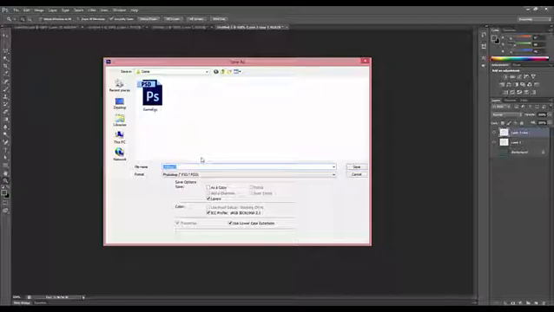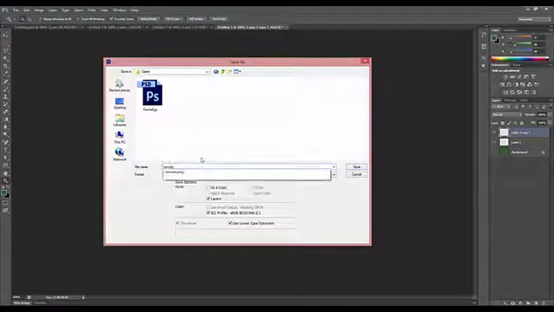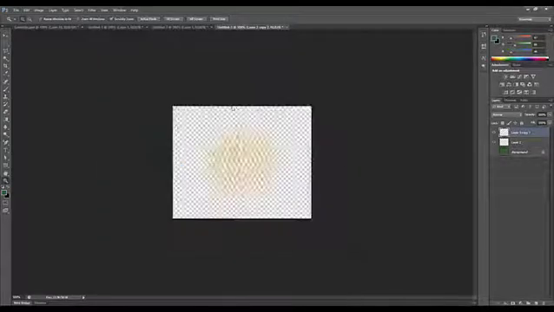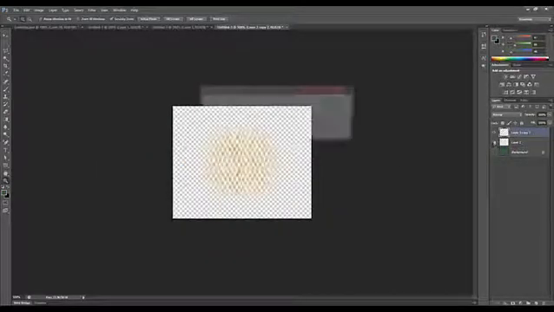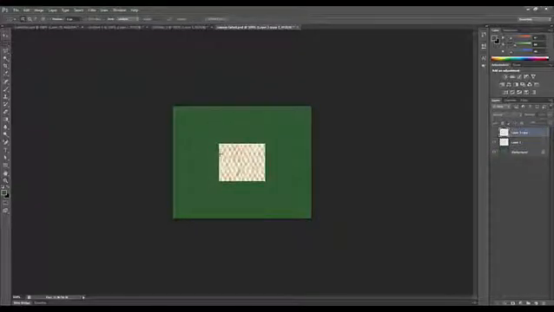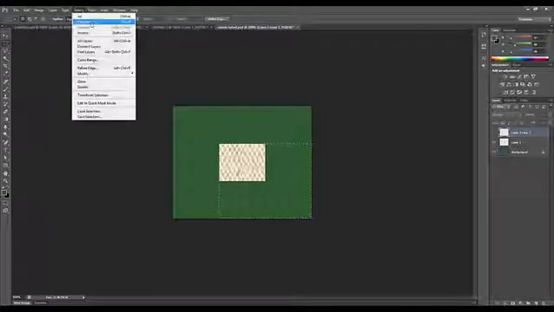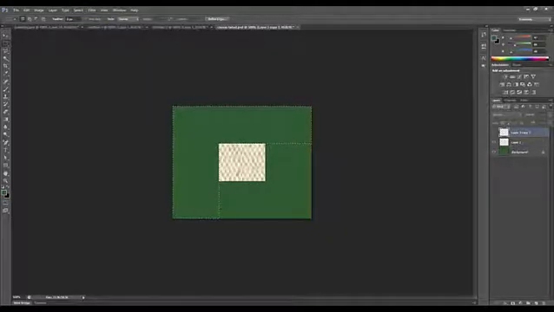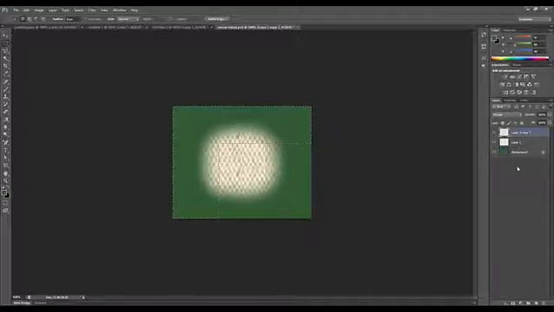For corners and sides, and faded, you'd have to cut off areas for corners and sides. For example, if I wanted to do corners and sides, I would have to go, okay, I only want that bit. Oops, not that bit, that bit. So I'm going to go select invert, or shift control I, and then I'm going to go up here and I'm going to go delete.